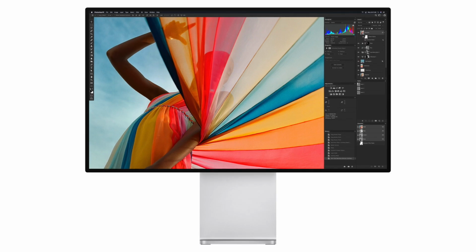Right, so Apple's working on 3 new displays, ranging from a consumer level display to, of course, a replacement for